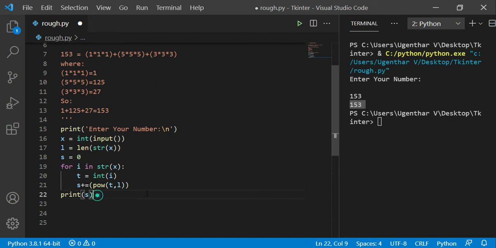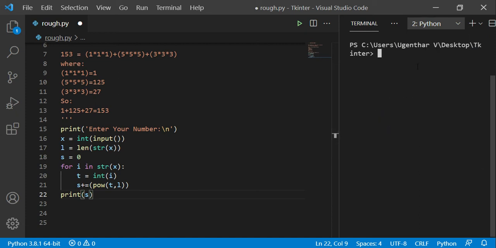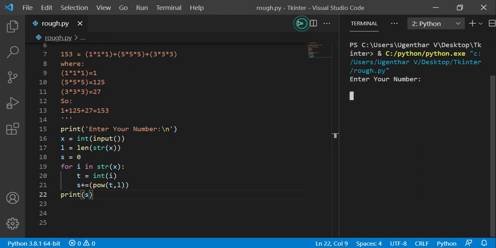Or else we can check with another input, like 455, but see the output varies. This means this is not an Armstrong number.